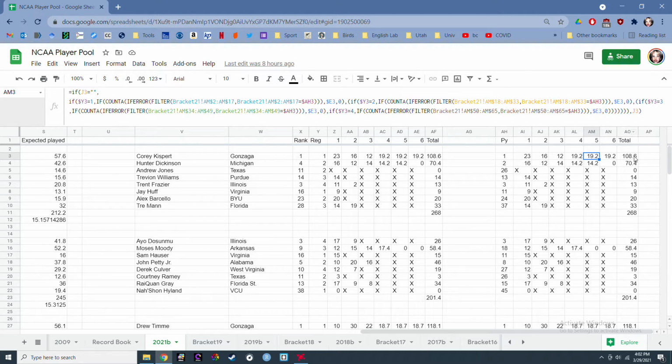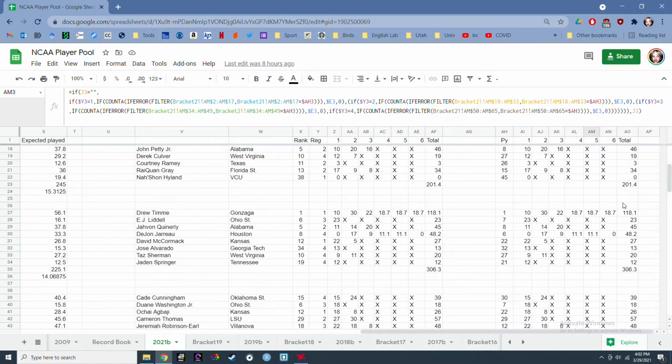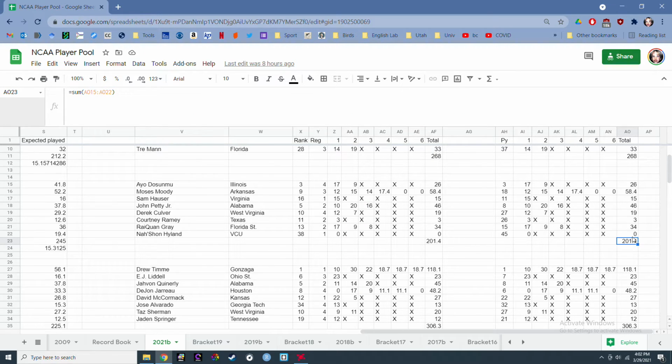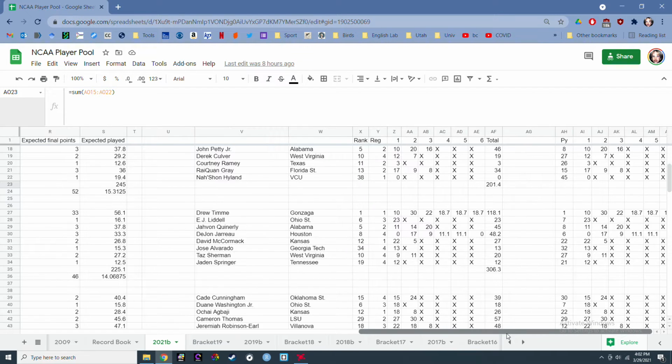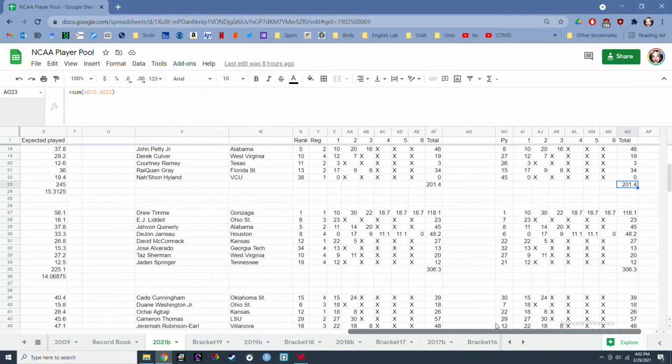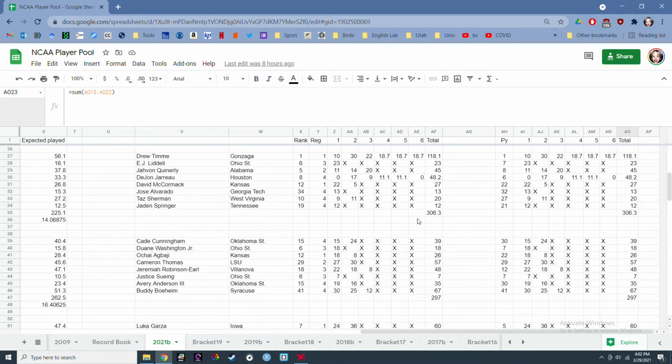And then I've got a little rounding. Once these numbers are totaled, then I just round up or down to get us a nice whole number. So anyway, that's how the projections work. They do change quite a bit because, for example, teams like Oral Roberts advance a lot.